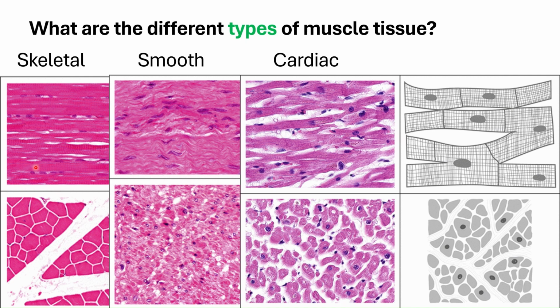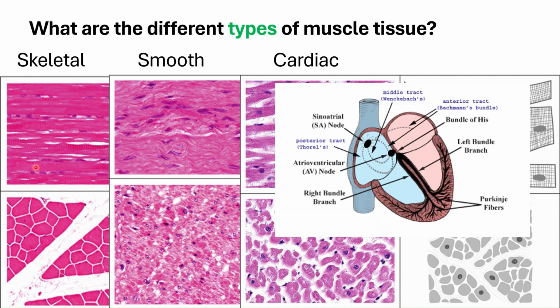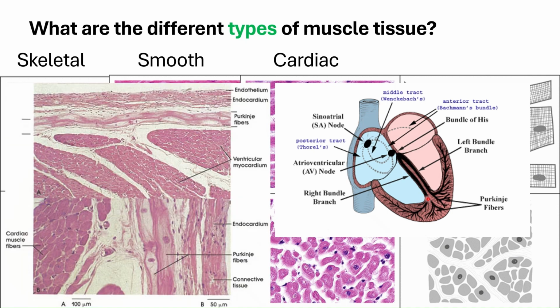So basically, that's it. But for cardiac tissue, there is an additional type of special cardiac tissue wherein you will find this underneath the endothelial layer of your interventricular wall. So I think we actually have sections of this in the laboratory. So please make sure to try to find your special cardiac cells, which has a name in some references. They call it your Purkinje fibers. So these are your Purkinje fibers.